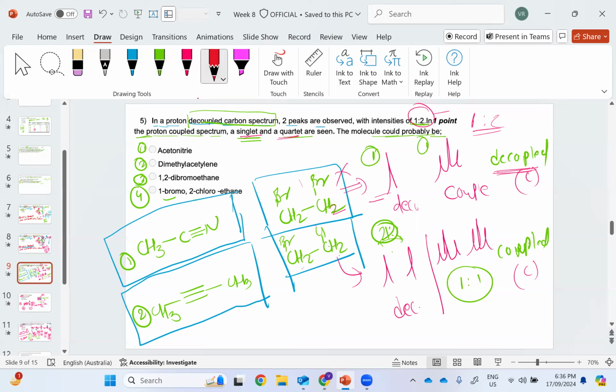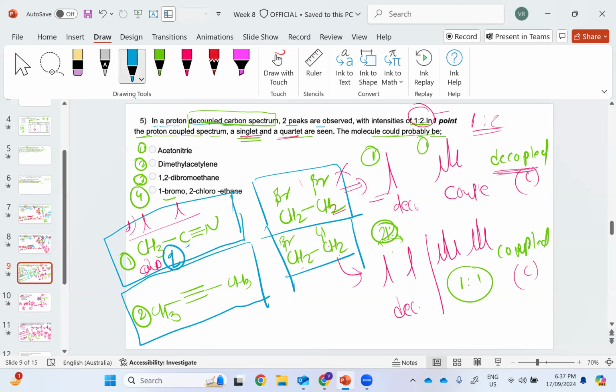But if you look at the first example, acetonitrile, in the acetonitrile there is one CH3 and one carbon. So in the proton decoupled spectrum, it will show one singlet, another also singlet, right? So it will show two signals here in the decoupled, and in the coupled spectrum, it will show a triplet, right? Sorry, a quartet, because there are three hydrogens attached, so it will show the quartet,